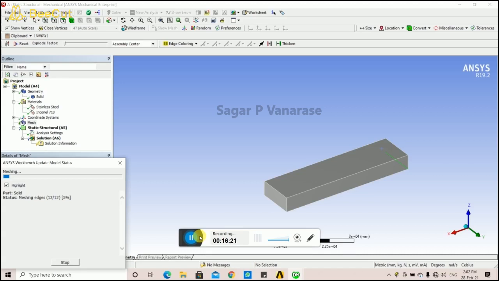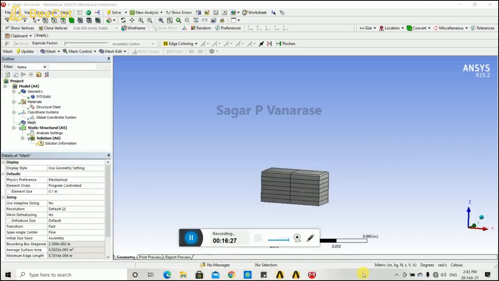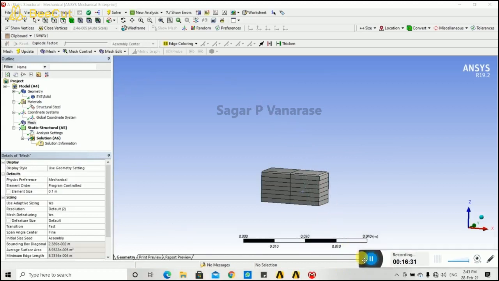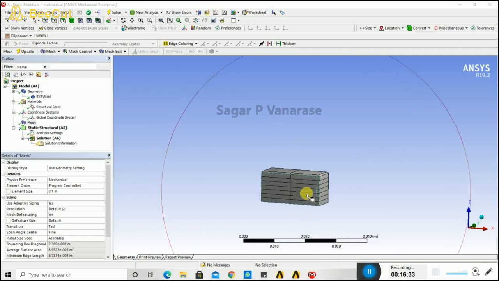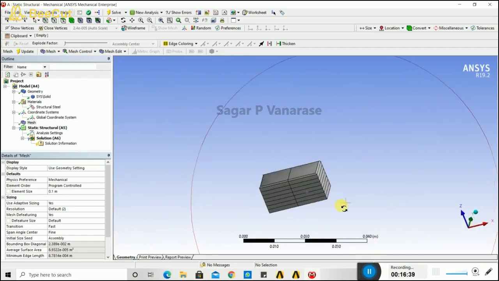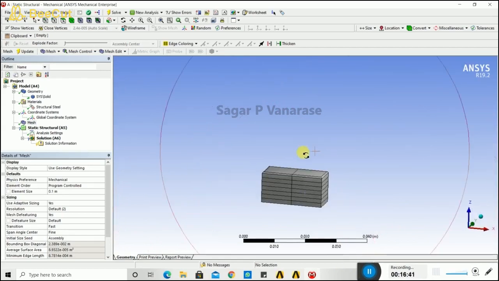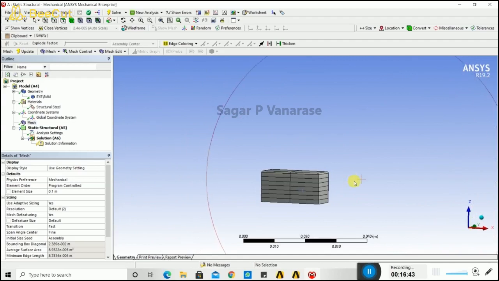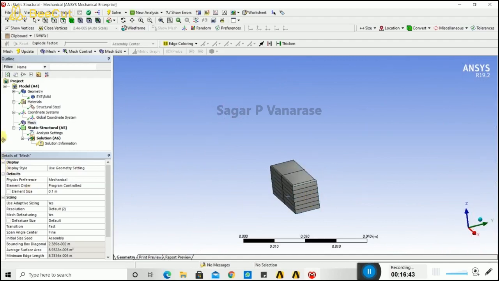If it is a coarse mesh, it will take less time. If it is medium, it will take some more time. If you want a fine mesh of our object, it will take a lot of time. So to reduce this time, we are skipping this content, and finally we have done meshing for our object.